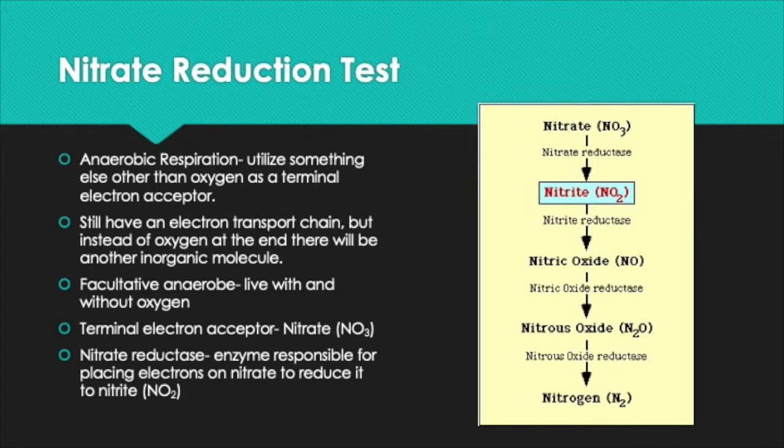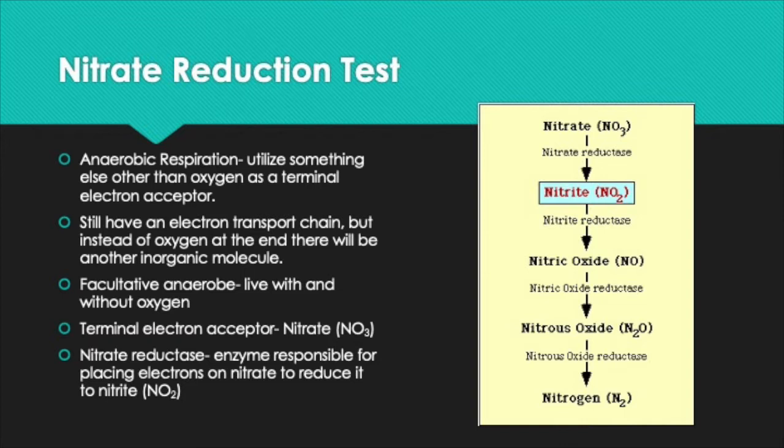So we're going to start out with the nitrate reduction, and like I said, this is anaerobic respiration. So what that means is that these bacteria are going to be able to use something else other than oxygen as a terminal electron acceptor. So these bacteria have an electron transport chain. They're able to do respiration, but they're going to be using something else other than oxygen as a terminal electron acceptor. So if we're talking about nitrate reduction, these bacteria are going to be able to use nitrate as the